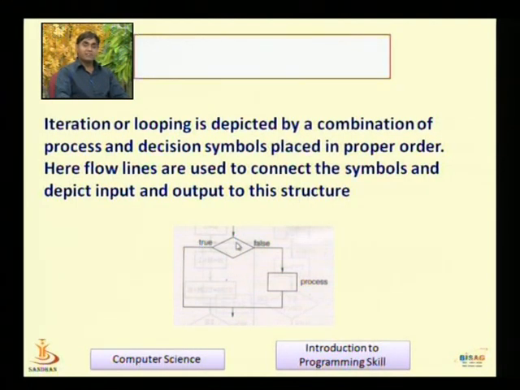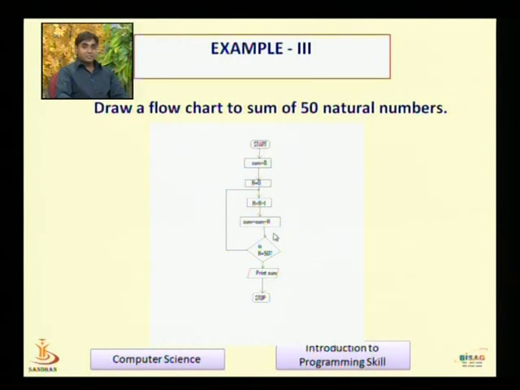Here we check a particular proposition or condition. If it is true, then we come over here, and each and every step can be executed in that process. This is executed again and again. If it is false, then we come outside of it. I will give a good example of this in a flow chart.